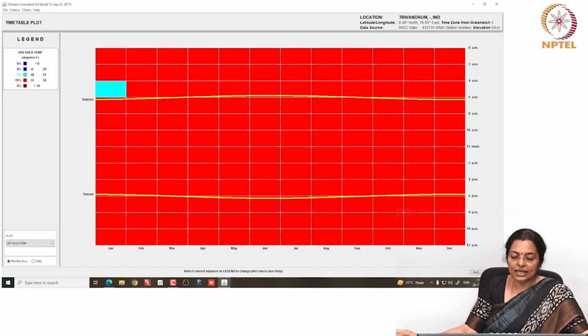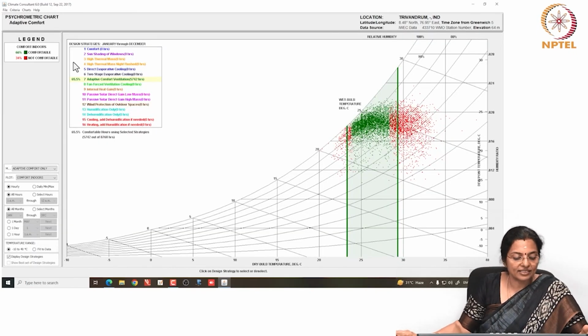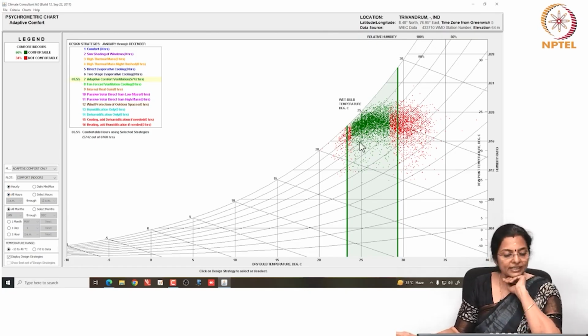And here we can see the dry bulb temperature as a graphic. And now let us look at the strategies. Now I am going to remove all the strategies. So here you see that for adaptive comfort for this kind of a climate, if you look at all the months, then having adaptive comfort ventilation can be a very good strategy to make